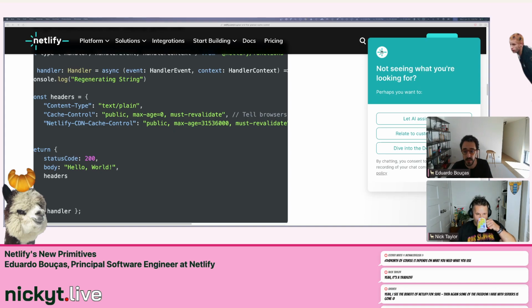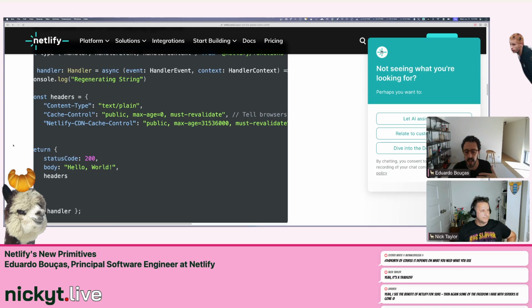You wouldn't even leave the browser; it would stay within your local machine, and that would be fast indeed. But the problem with that is that if there's a redeploy of, in this case, your Netlify site, and there's a new version of the asset being served on that path,